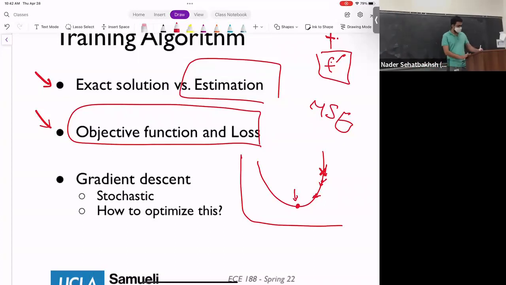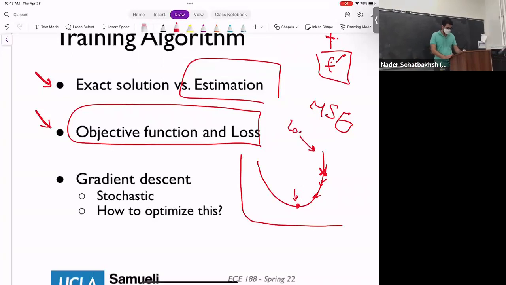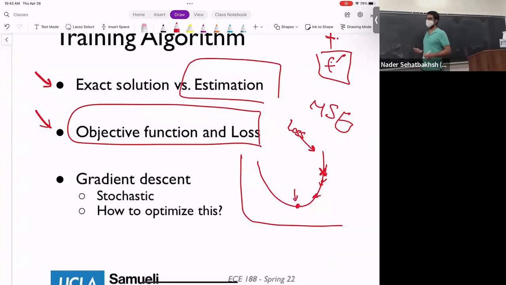So if you think about this as the loss function, what you want to do is minimize your loss, obviously, right? So you go in the direction of minimizing the loss. If you can find the minimum of your loss, then your model is trained perfectly. And in order to find that, you need an algorithm to go in the right direction, and this is why we usually use this iterative process called gradient descent.